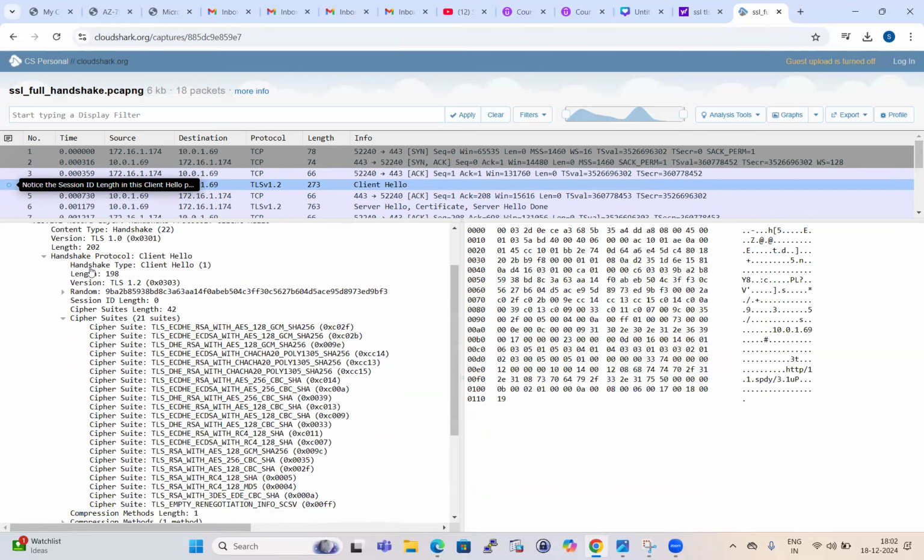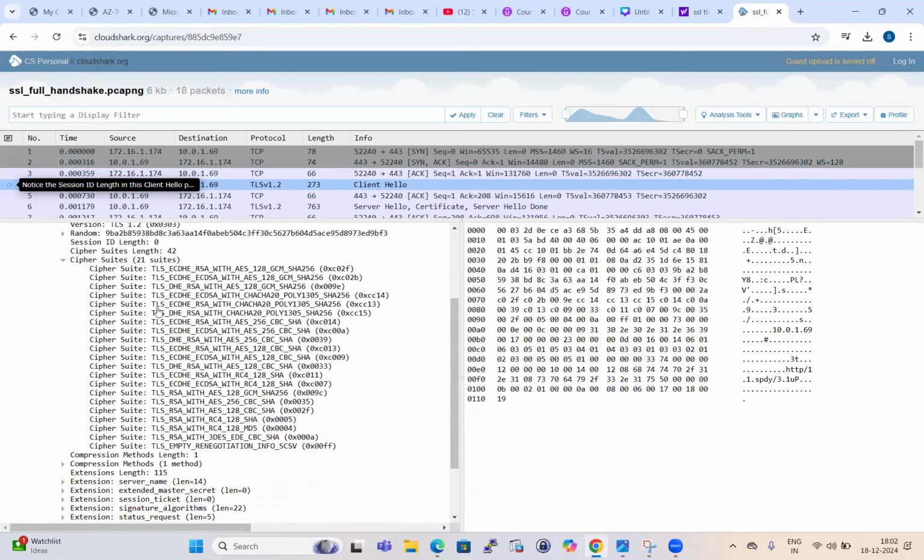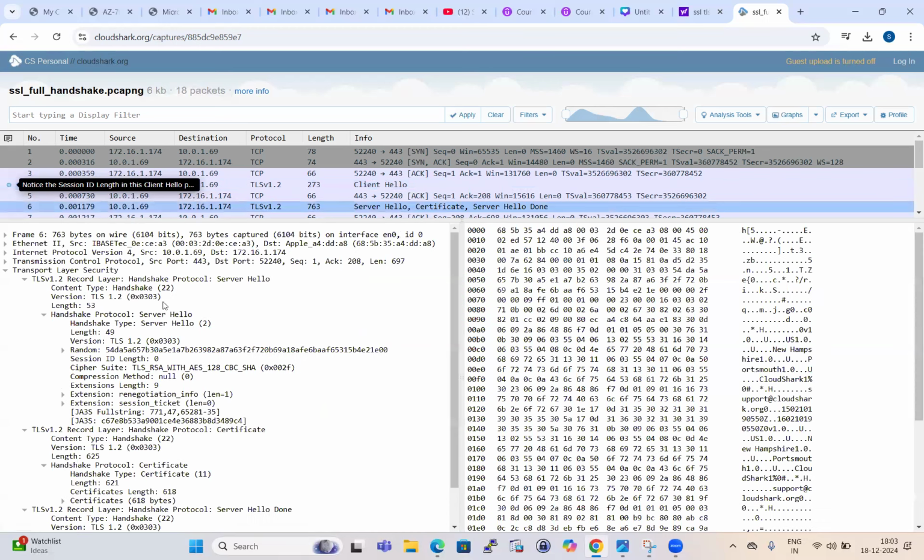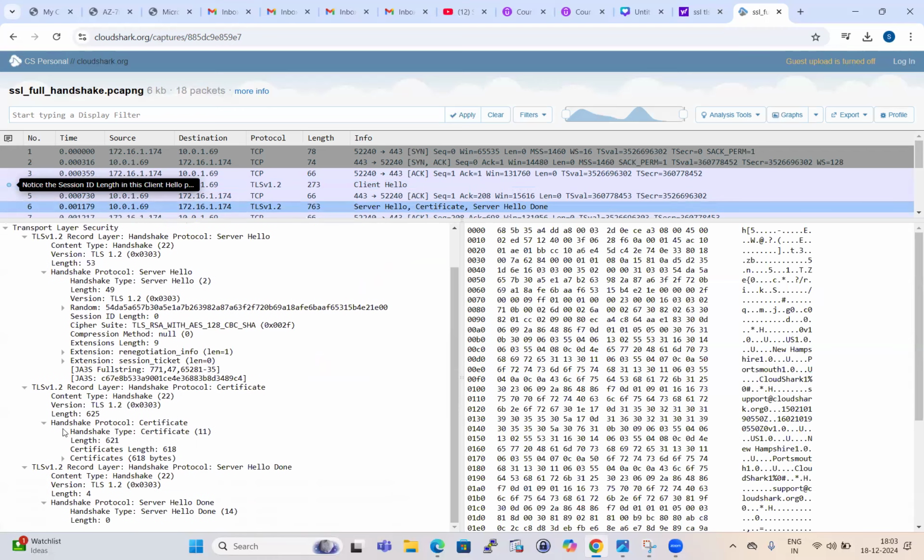In the client hello there are so many things, but just focus on the cipher suite and some important parameters. Basically, a cipher suite is a combination of authentication, encryption, and hashing. The client generally sends many combinations of cipher suites, and the server is going to agree with any one of the cipher suites. For example, if you come here,